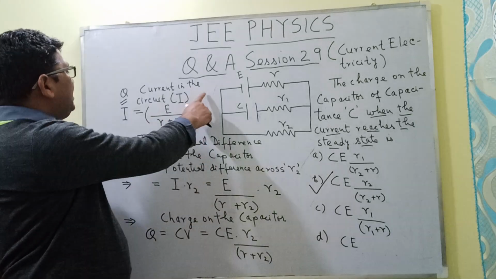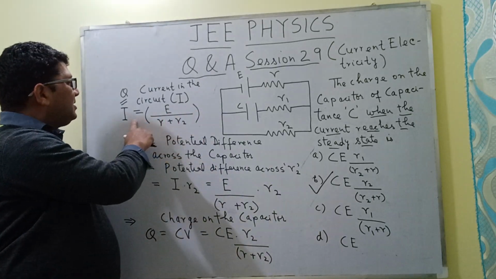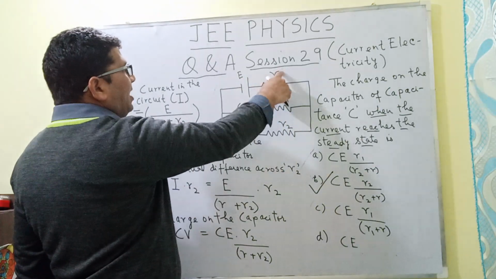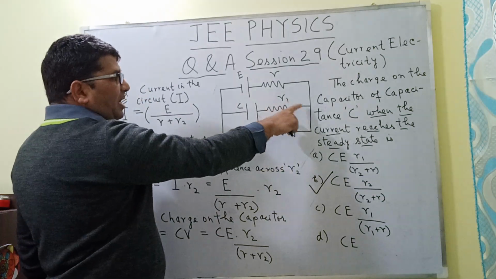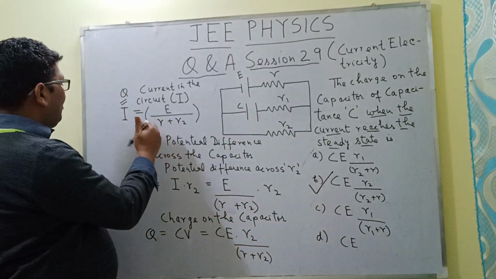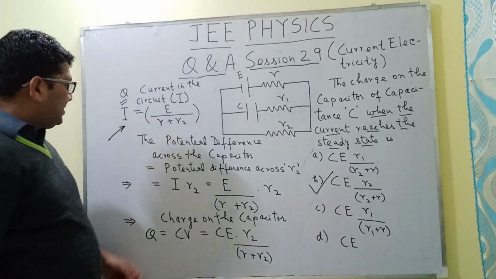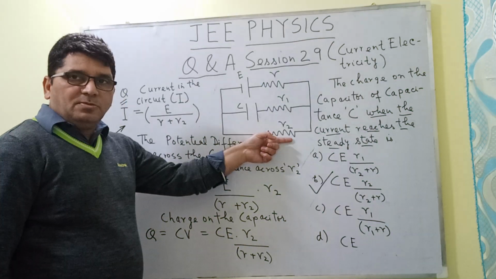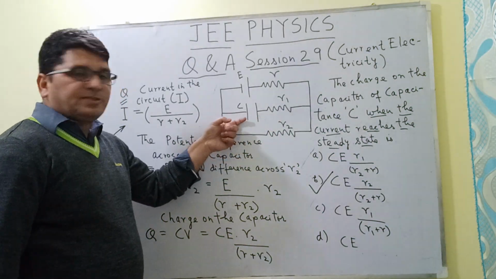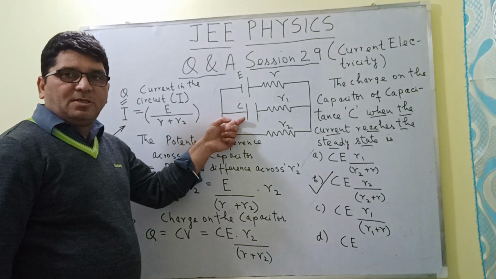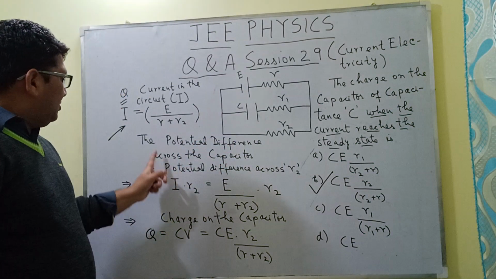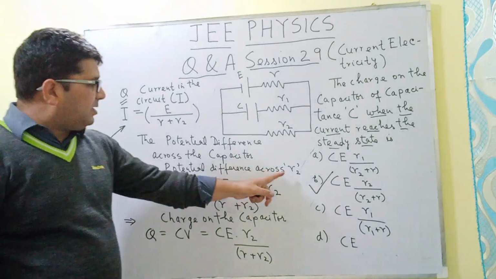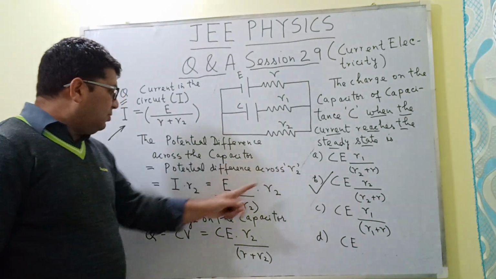So based on this, I have calculated the current in the circuit. That is, current in the circuit will be equal to E divided by the total resistance. Now total resistance will be equal to R plus R2 because R1 is ineffective. So I have calculated the current in the circuit, and now since the potential difference across this resistor R2 is equal to the potential difference across this capacitor, therefore the potential difference across the capacitor is equal to the potential difference across this resistor R2,